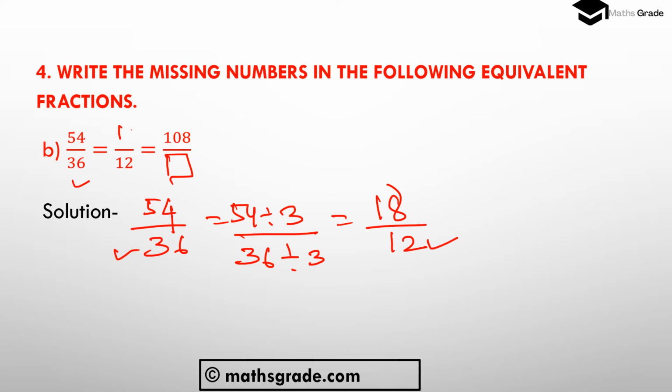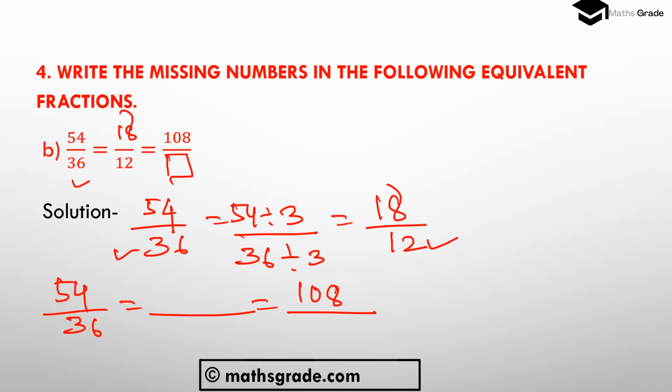This is 18. Now 108 divided by the missing denominator. We have to find the missing denominator. Now 54 divided by 36. The numerator is 108 divided by which? Here the numerator is 54 and here the numerator is 108. Which number do we have to multiply or divide with 54 to get